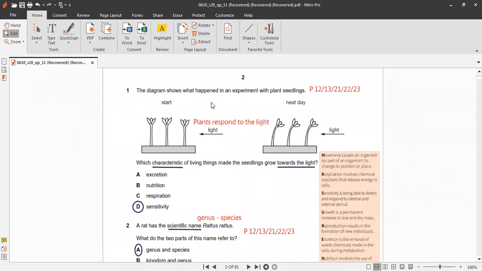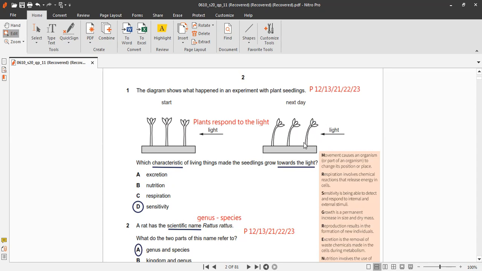The diagram shows what happened in an experiment with plant seedlings. Which characteristic of living things made the seedlings grow towards the light? Look at the diagram. Here the light is a stimulus, and plants respond to the light. So which characteristic of living things made the seedlings grow towards the light? Yes, movement